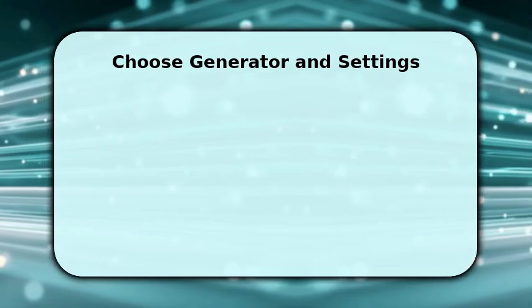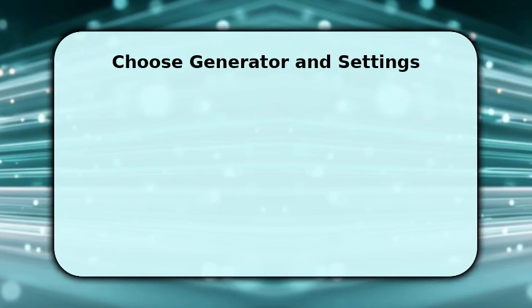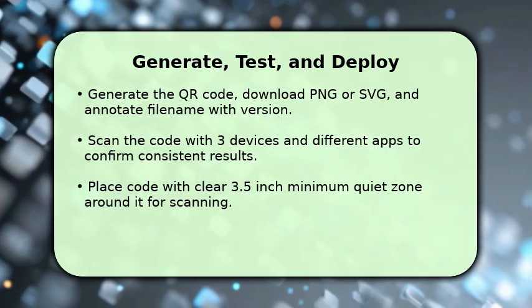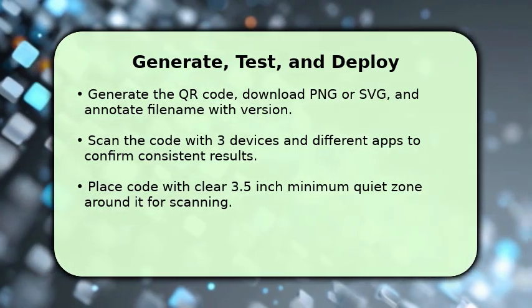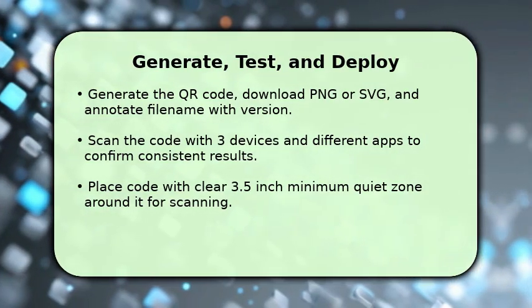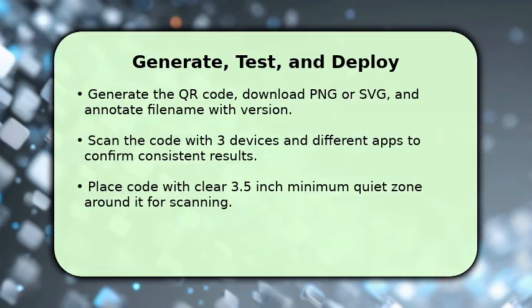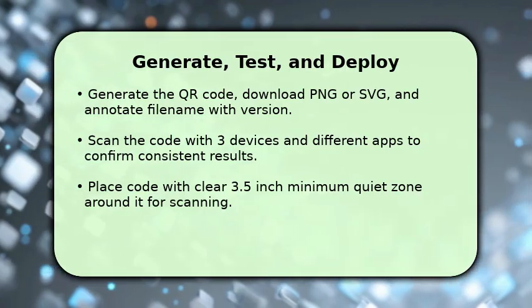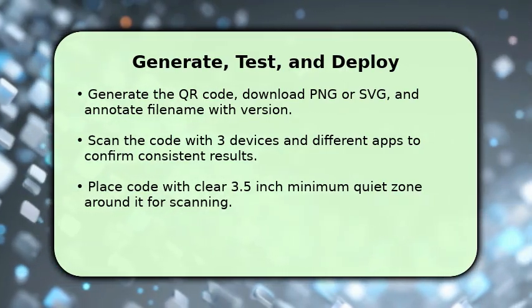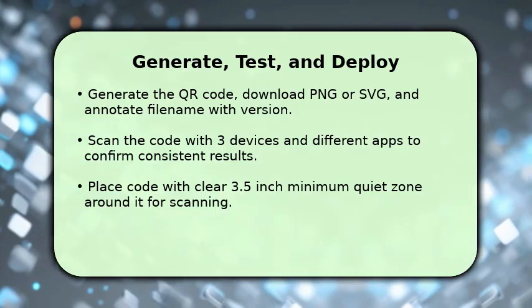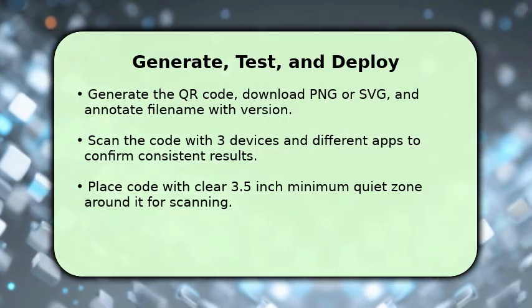Generate the QR code with your chosen settings and download the final file. Name the file with a clear version identifier like Campaign V1.png for organization. Before publishing, scan the code with at least 3 devices and different scanning apps to confirm consistent results. Test scans on Android and iOS and in offline conditions if needed. When placing for print or display, leave a quiet zone of at least 3.5 inches or